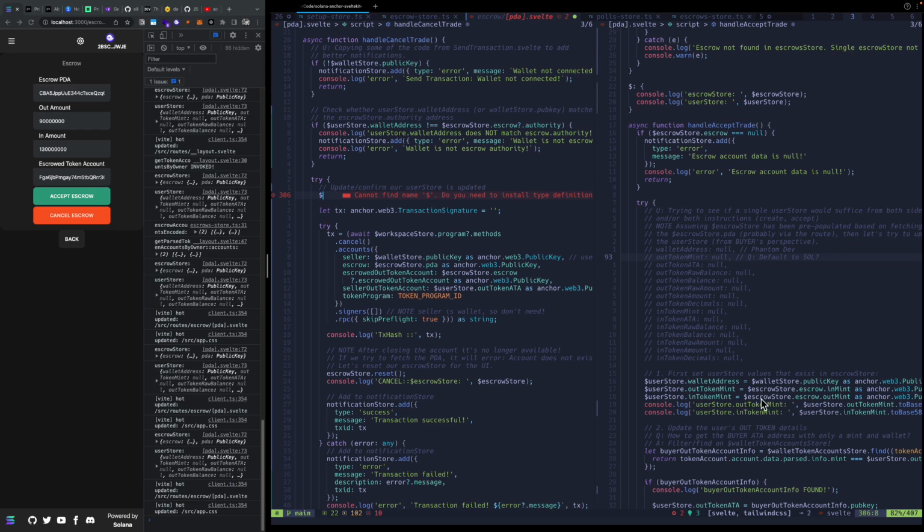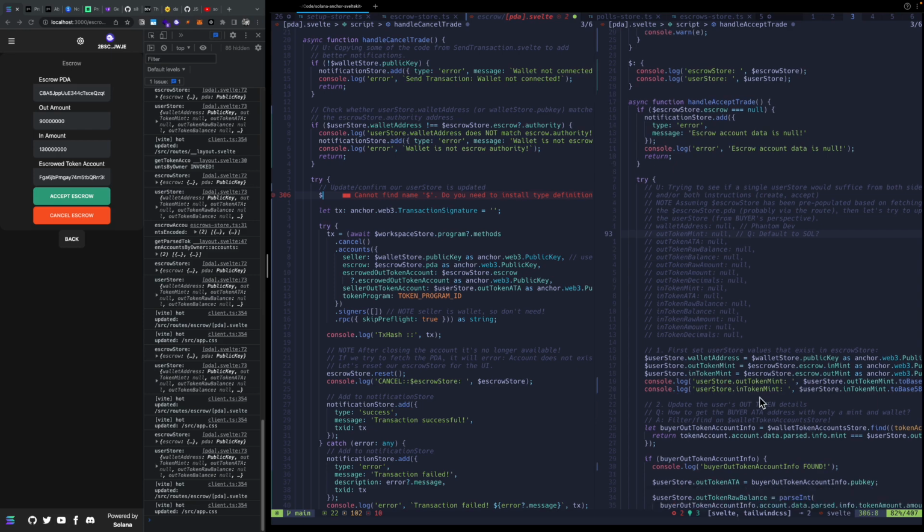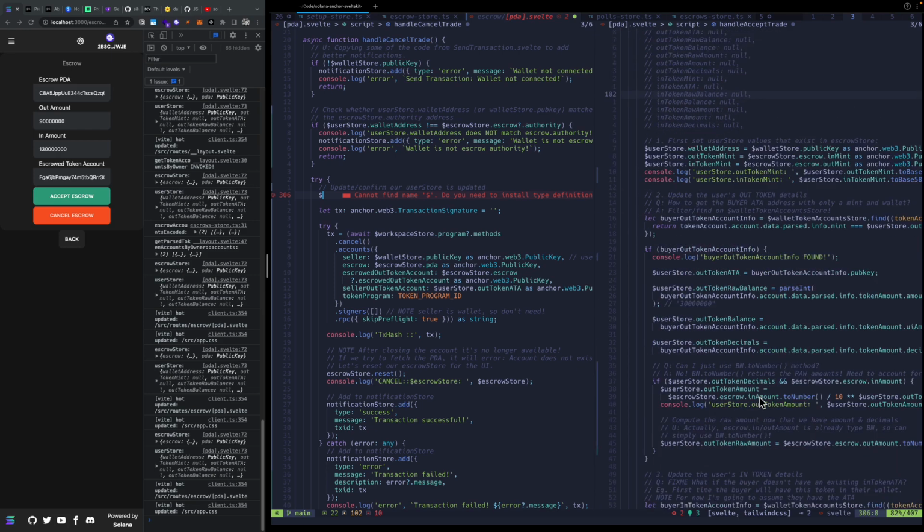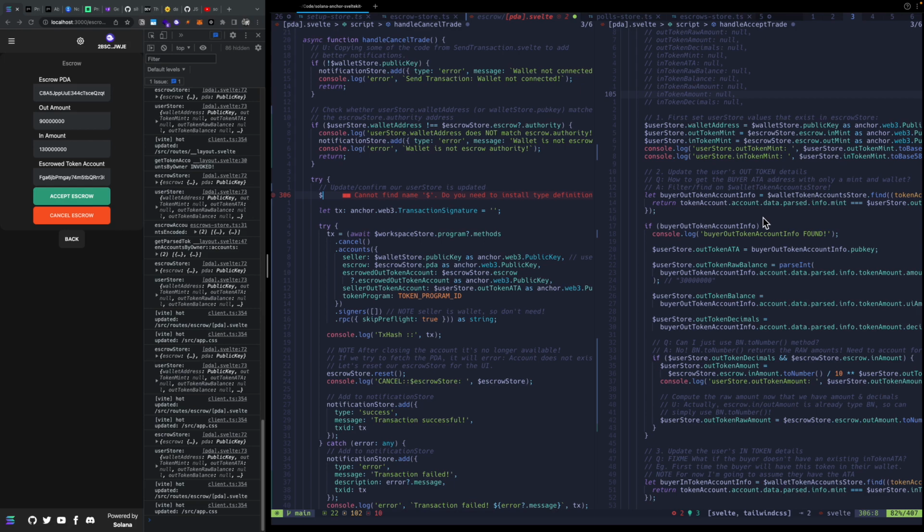I feel like I actually need to consider doing this whole is-the-wallet-the-escrow-authority check. I feel like that needs to maybe be a higher, kind of a global reactive that I can use,